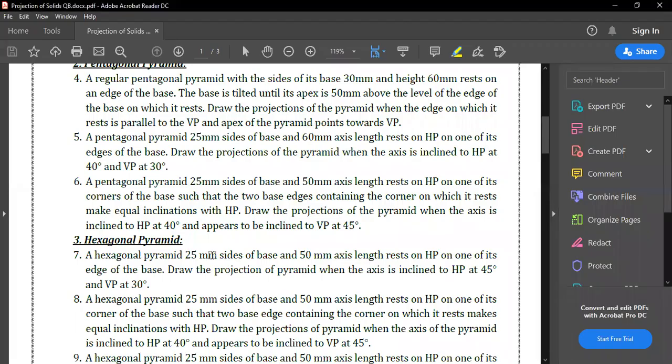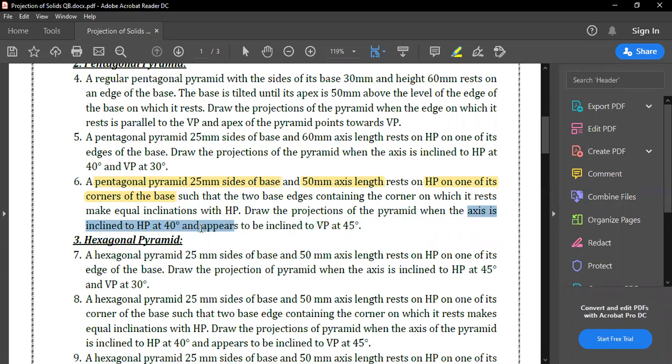So question number 6 says a pentagonal pyramid of 25 millimeter side base and 50 millimeter axis length rests on HP on one of its corners of the base such that the two base edges containing the corner on which it rests make equal inclination with HP. This we have seen in planes also. Draw the projection of pyramid